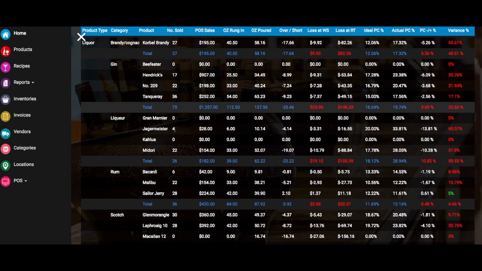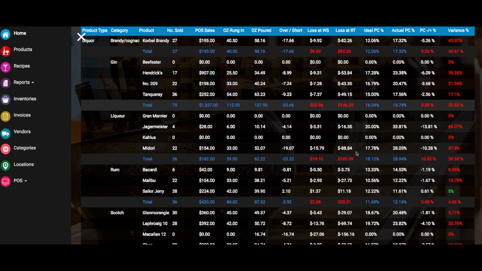So in this case, 4 Jägermeisters were rang in. They pour 1.5 ounces of this bar, so they should have poured 6 ounces. They poured 10.14. They lost 4.14 ounces. Here's what they lost at wholesale, what they lost at retail, and then again the percentages right here. So about 70% of their Jaeger has gone missing,